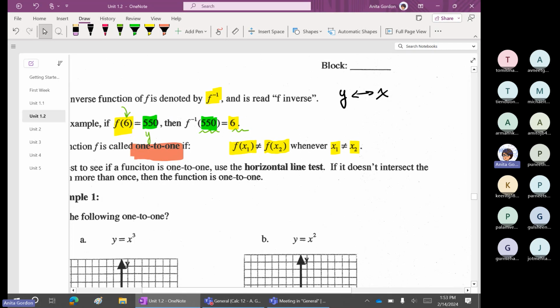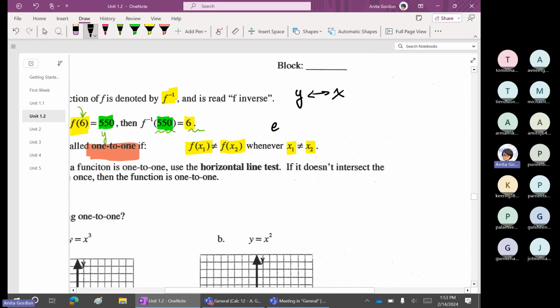Let me put this in some English words. Each unique x means that no x1 equals any other x2. Any two x's cannot be the same. So each unique x gives a unique